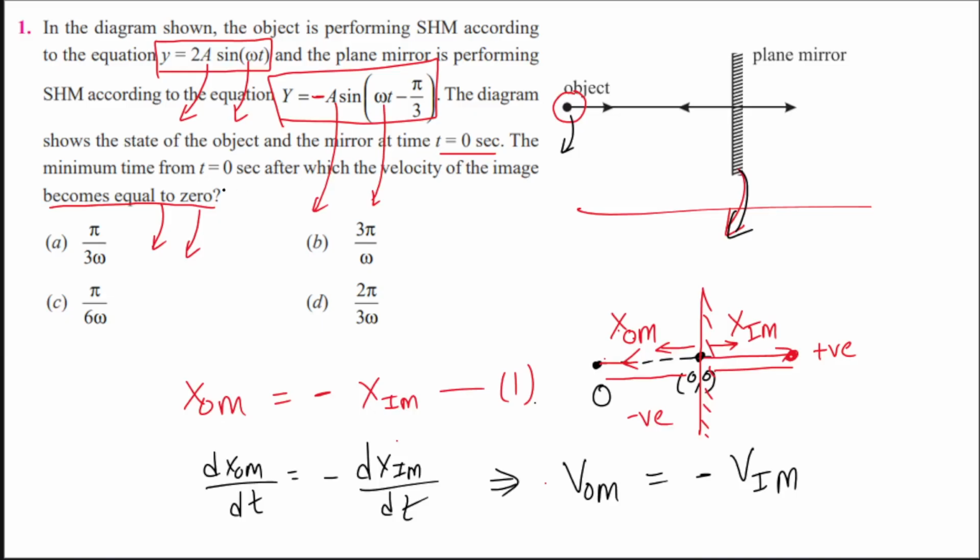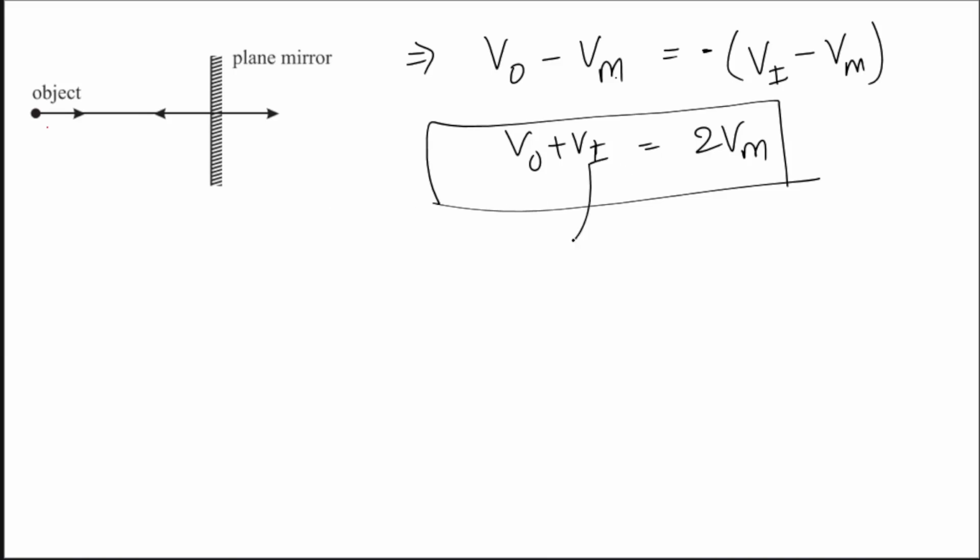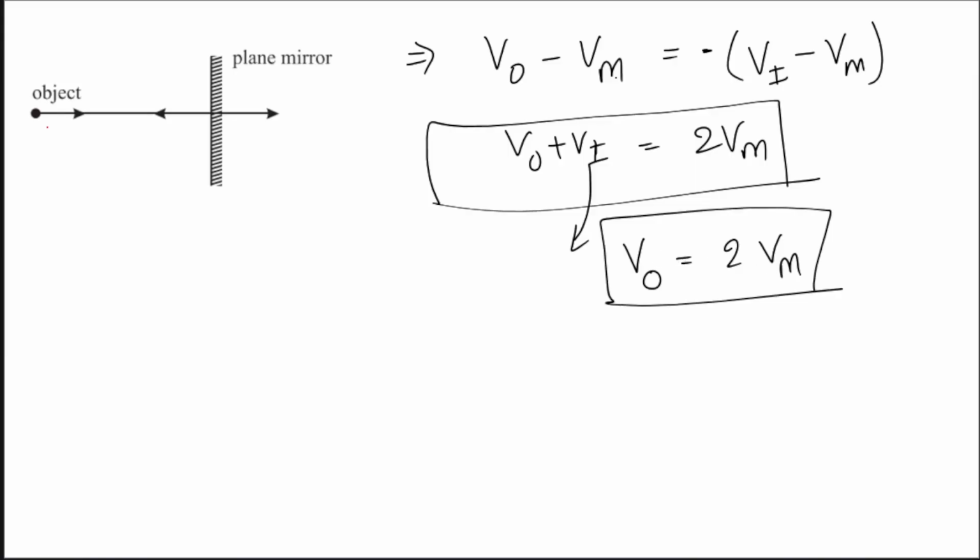So हमारा question क्या कह रहा है? When is the time after which velocity of image becomes equal to 0? So यहाँ पे आप एक काम करो, velocity of image को 0 कर दो. In that case, velocity of object will be 2 times velocity of mirror. अब आप individually absolute velocity of mirror निकाल लो and absolute velocity of ऑब्जेक्ट निकाल लो, जो कि हम इजिली